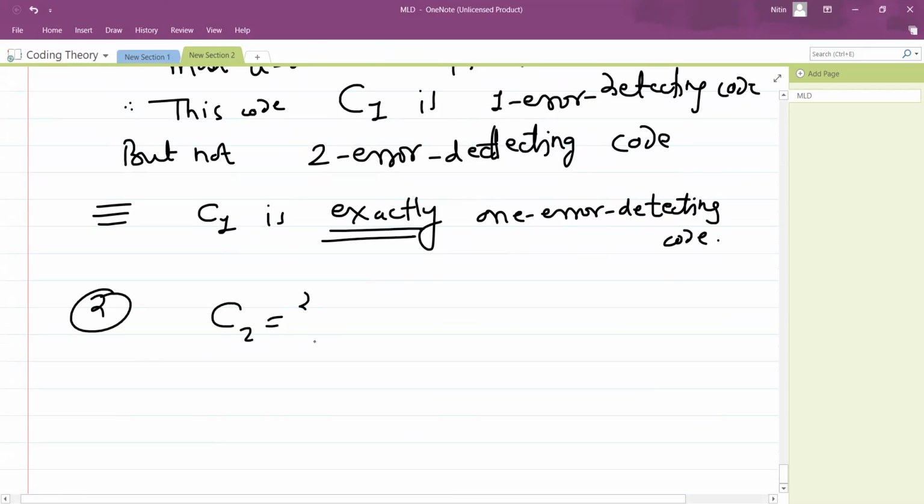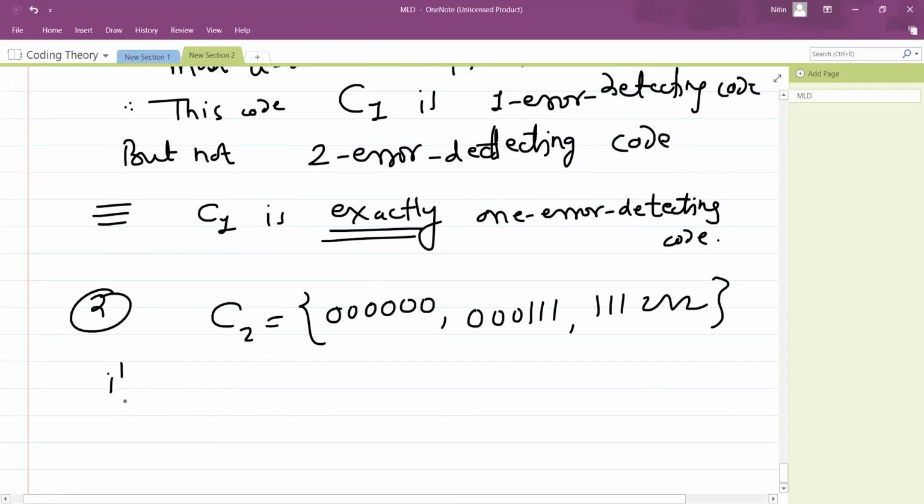Suppose I'm taking C2. So this is like 1 2 3 4 5 6. Okay, 1 2 3 4 5 6. So there are 6-bit positions, that's why I'm counting like this. And the last is triple one, triple two. Okay, so do the same sort of experiment. Suppose I will do, so first thing,